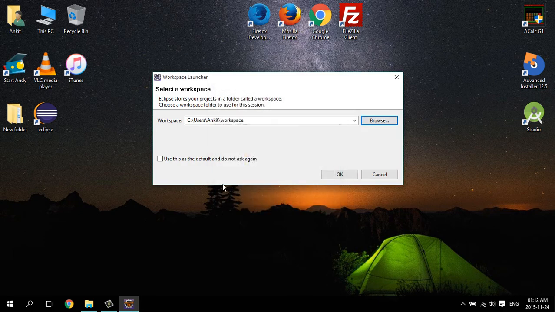Click OK, and also don't forget to check this checkbox which says use this as the default and do not ask again. Click OK,